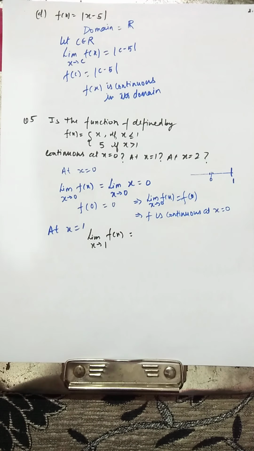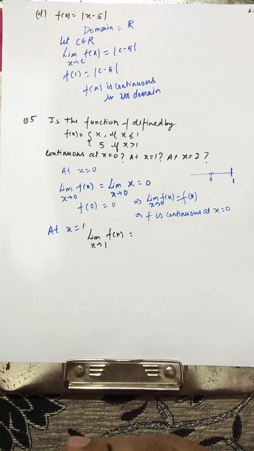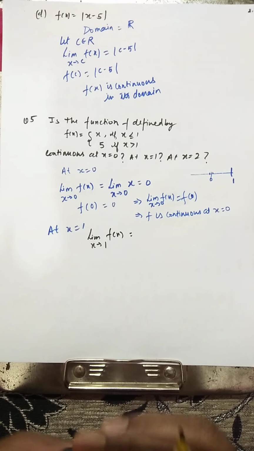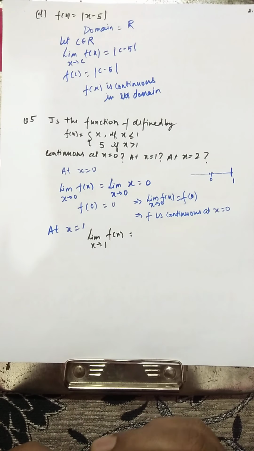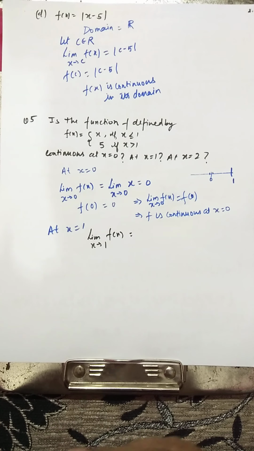But here you see, when you are saying x tends to 1, then we have two cases. x can be greater than 1 or x can be less than 1. So now we are going to discuss our left hand limits and right hand limits. I just give you the formula first, so that you can recall the formula and then you can discuss this. And the important thing is why we are discussing this left hand limit and right hand limit.